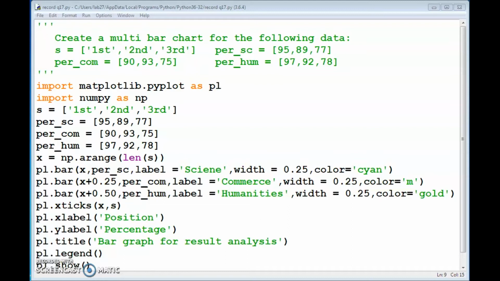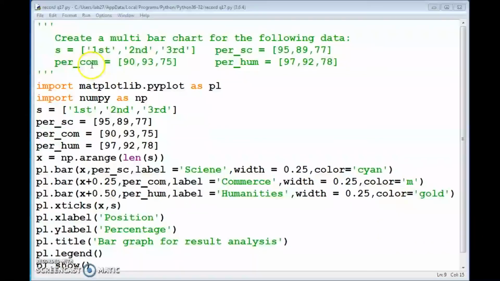Next one, question number 17. Create a multi-bar chart for the following data. The data are: s is equal to a list, first, second and third. Then percentage science 95, 89, 77.